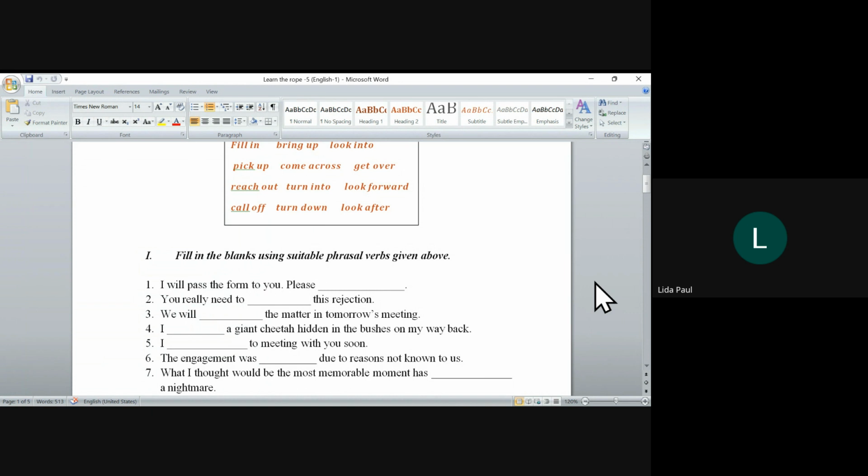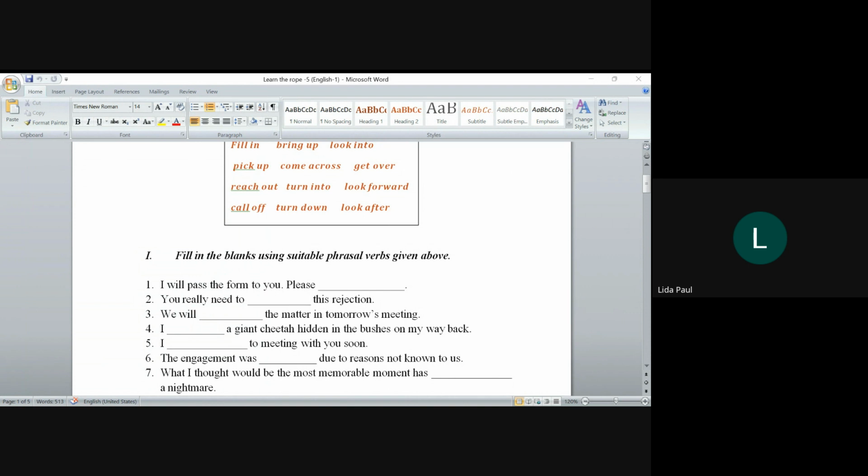Now, what's the meaning of get over? Forgetting something or moving on, ma'am. Forgetting something or moving on, right? You say you need to move on. It means you have to get over it. So move on is usually a similar phrasal verb, but it is usually used in the circumstance where you're talking about a person, right? So when people are involved, you say move on, right? And when it is about a thing, then usually what you use is get over. Get over something, move on from someone, right? That's how usually you use it, right?